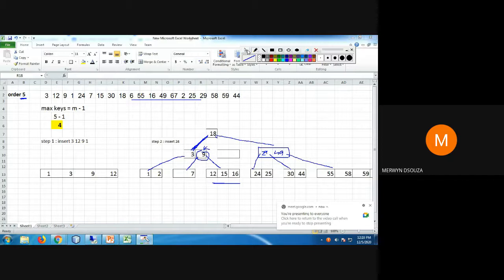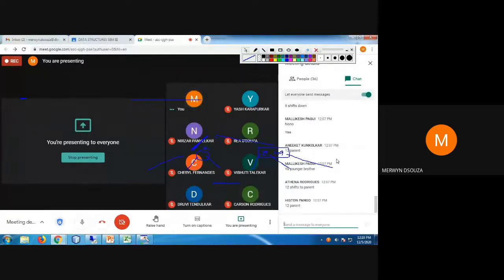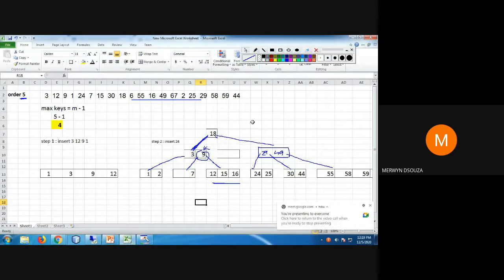What value goes on top? From the younger brother, does the first key go on top or the last key go on top? From the younger brother, which one, 12, shifts to the parent? 12 shifts to the parent, correct? Correct. So basically, that's correct, what you have just told. So what you will do is, this 9 will come down. Okay, so you will get here 7, you will get here 9, and 12 will go on top. So that would have been delete 6.